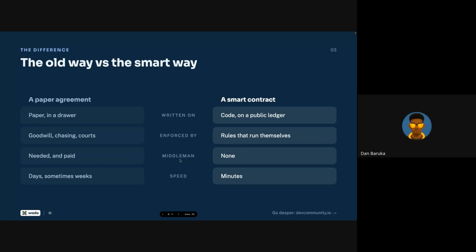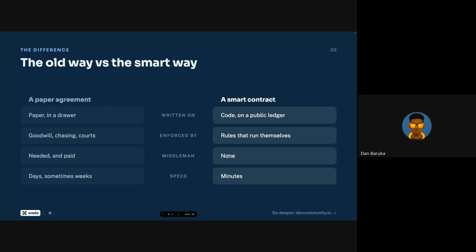So when it comes to middlemen, here we depend on the middleman, because in all agreements we have articles which need, for example, if we disagree on something, we'll need to go to the court. So we totally depend on the middleman, and we pay for it. So we need to pay for the middleman.